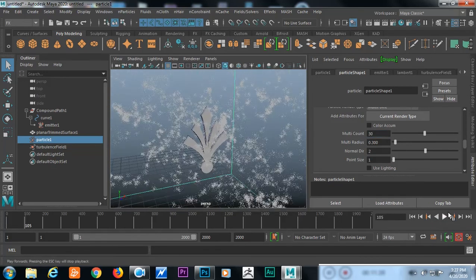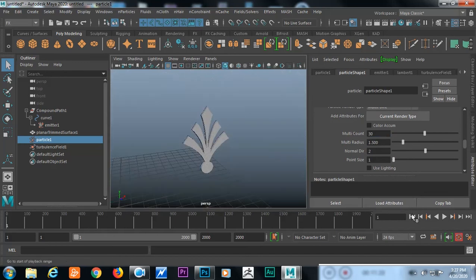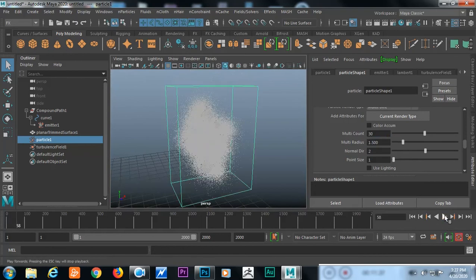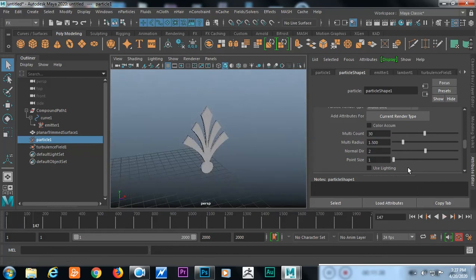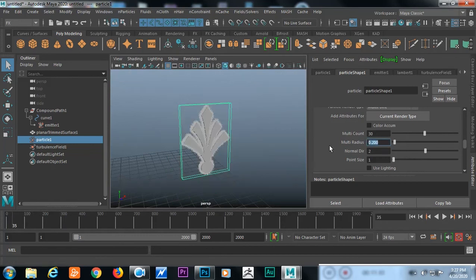Okay, so I'm going to increase the radius a bit. Now check it. Okay, so once again I'm going to check it. Radius 0.2. Okay, 0.1, and if you just play this thing,